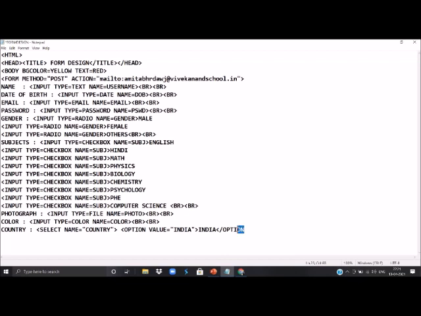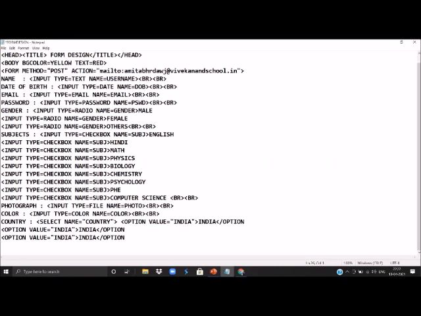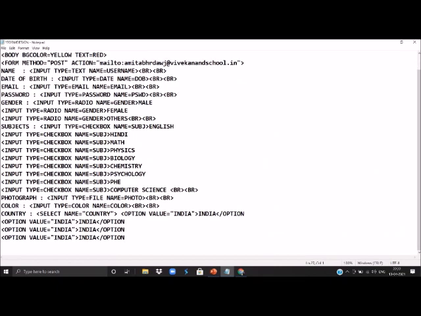Now we will copy it, and we will give a few options for the country. Control V, Control V. We will give a few names of the countries.